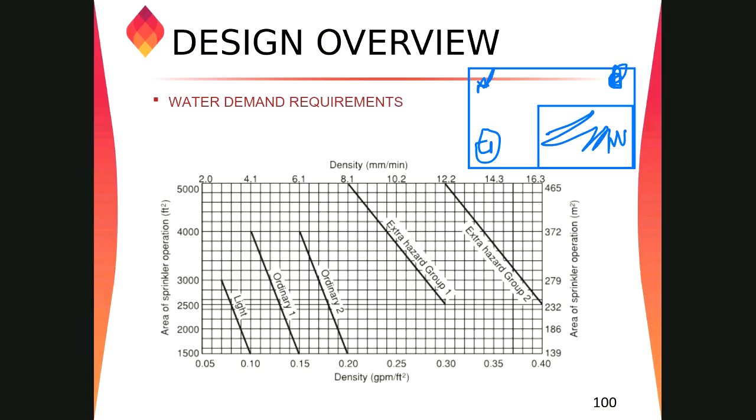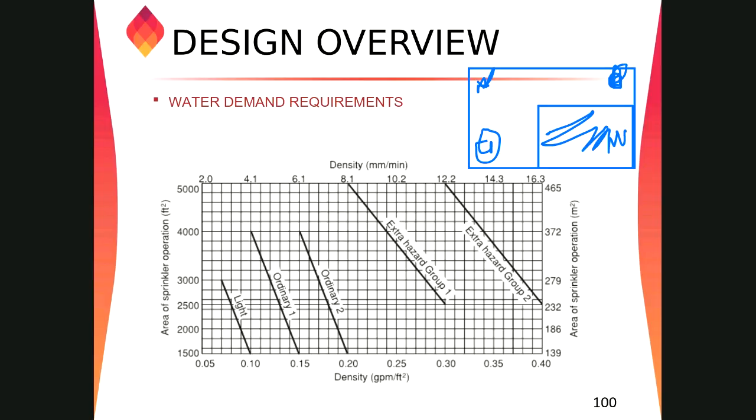Yes, you can keep up to 3000, because they have given it in your density curve. If you are taking 3000, you are reducing your density to 0.07, right? Again, if you multiply 0.07 by 3000 square feet, you will get somewhere. Let's multiply 3000 into 0.07. Our demand is 210 GPM. And for 0.10 with 1500, our demand is 150 GPM. So any value is possible. Either take 1500 square feet with 0.10 or take 3000 square feet with 0.07. Up to you.